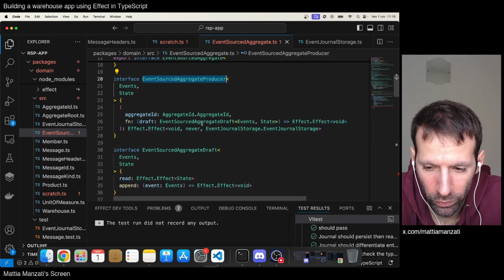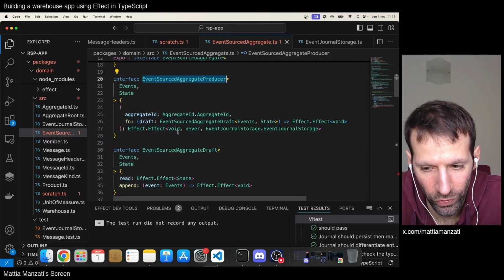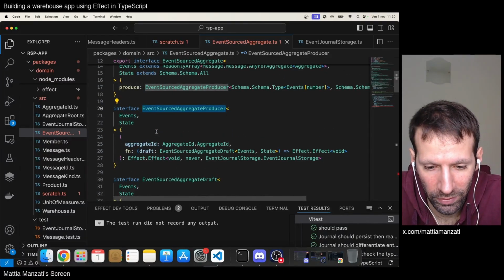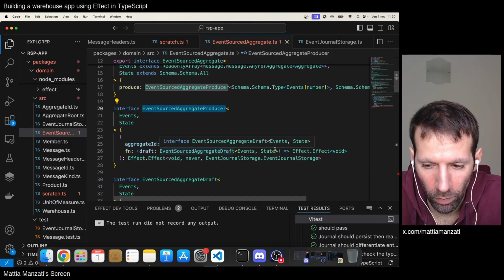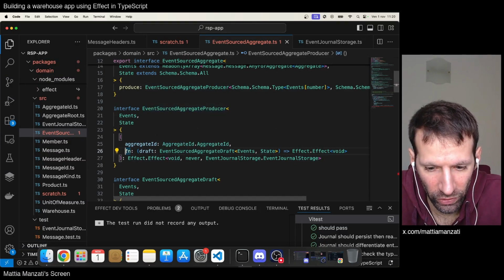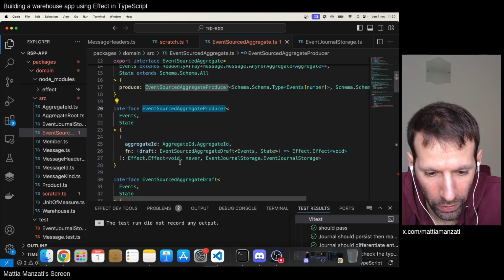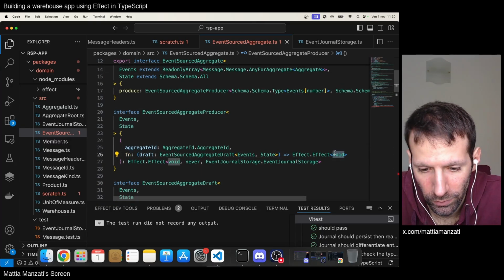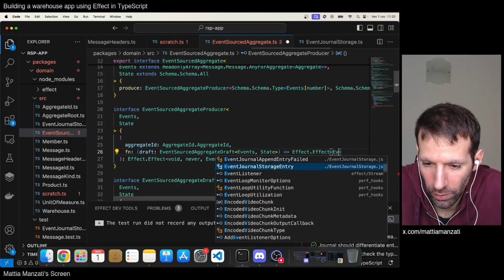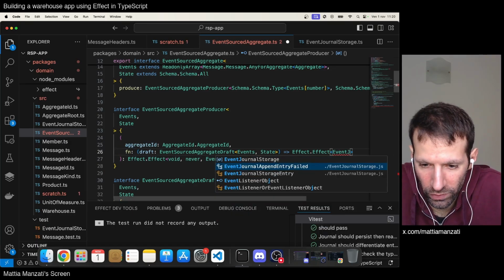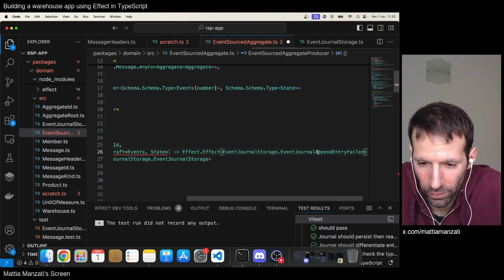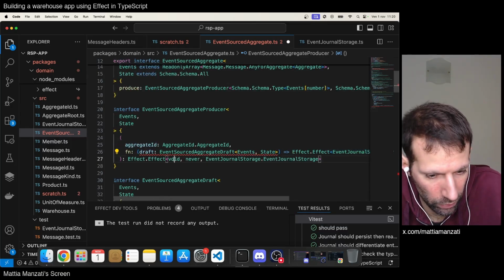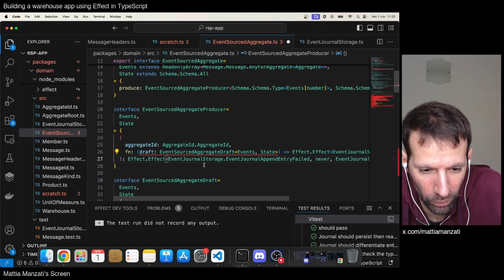Let's say we have a producer. We can have two different kinds of ideas. We can either say that this function, this producer, may fail with that. And for now, that's event journal storage, journal append failed. And for now, that is the easiest thing to do, but during the development of our application, we will see that